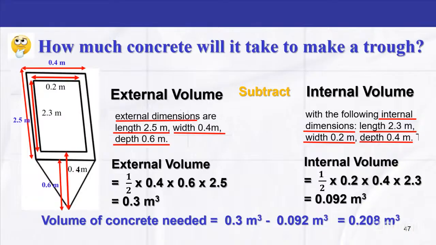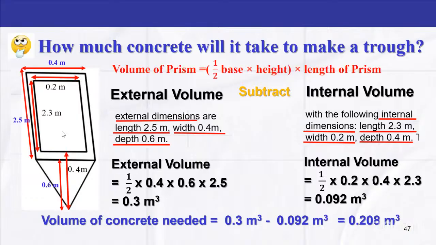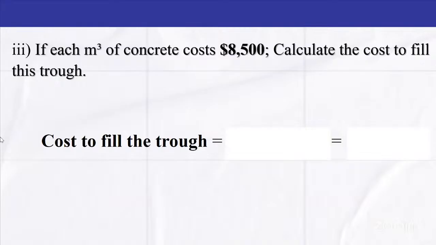Now, this is a concept that is not easily grasped. And so I'm happy to hear that you were able to identify what needs to be done in order to calculate this volume. All right, so I'm very proud of you for that. So continuing, we're moving to the other part of the question, bearing in mind that we now know the volume in cubic meters of cement that we will need in order to make this trough. So now we are told that if each cubic meter of concrete costs $8,500, and we know that we will need 0.208 cubic meters of concrete, can you calculate the cost